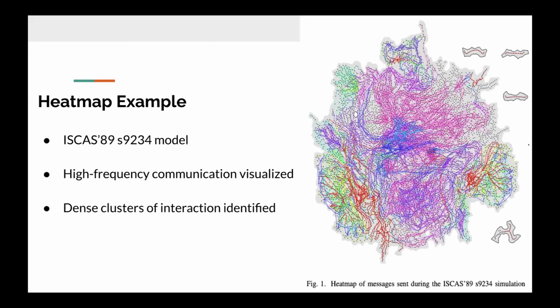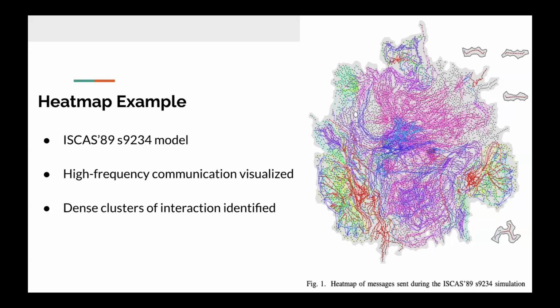And this is the heat map that shows the actual communication profile of one of our benchmark circuits, ISCAS 89 S9234, where each cell in the matrix represents the volume of messages exchanged between two simulation objects. And the color indicates the intensity, red for high communication frequency and blue for low. As you see, there are a few dense clusters where certain groups of objects communicate heavily with each other, and these clusters are ideal candidates for co-location, meaning they should be assigned to the same processor to avoid expensive